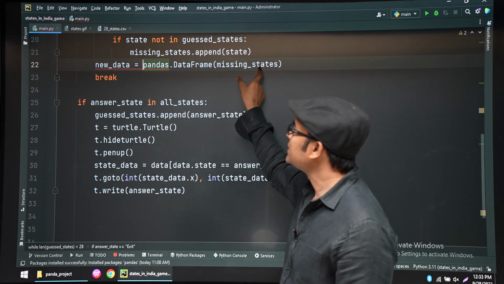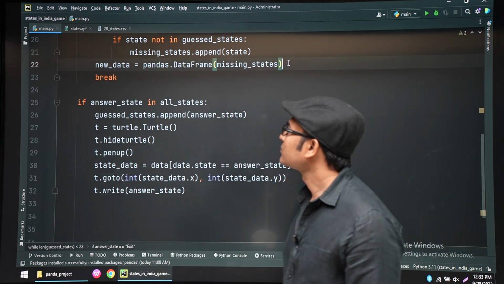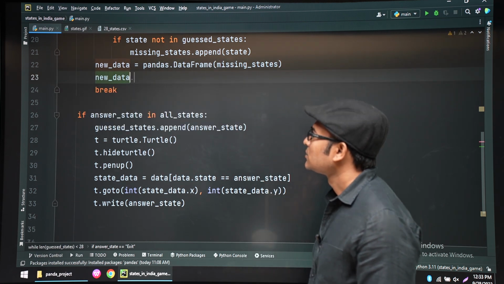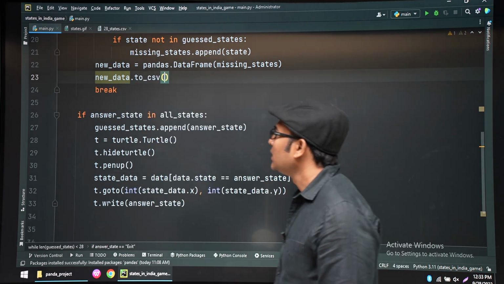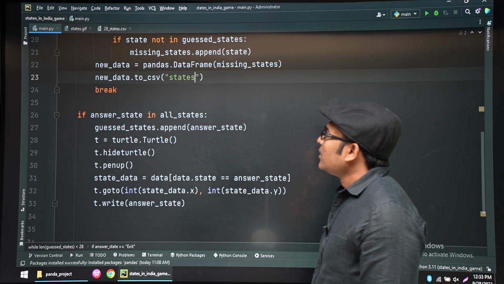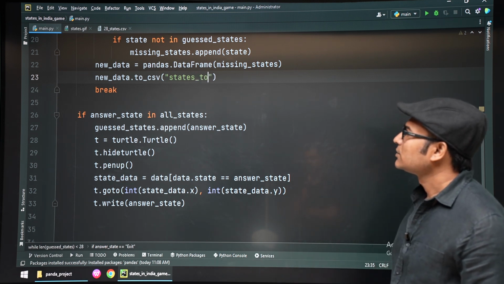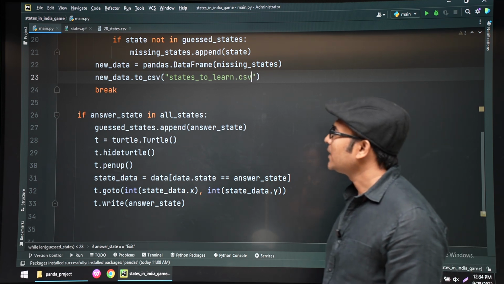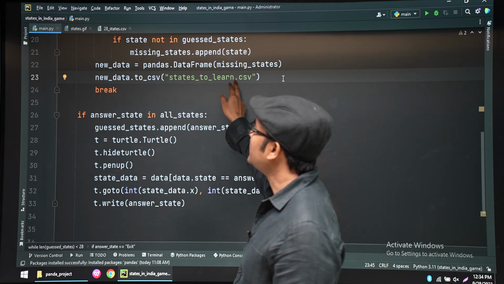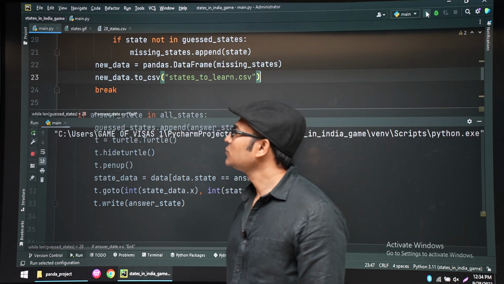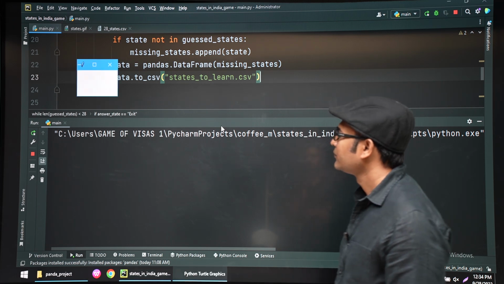The column is missing states. And then we will convert it to CSV, states_to_learn.csv. And therefore a new CSV file will be created from the missing states list. Okay, so now if you run it,